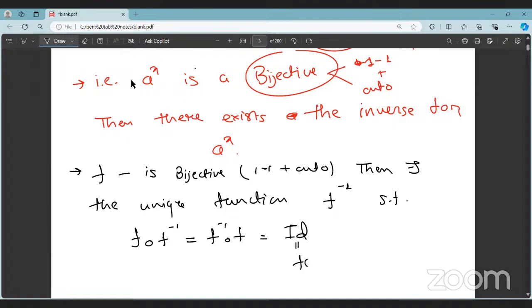Identity function means the function f of x equals x, right? So whenever we have a bijective function,